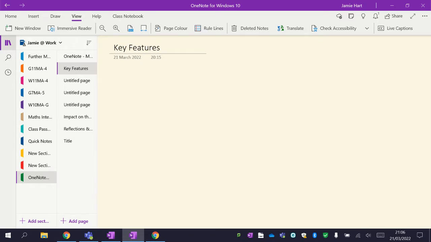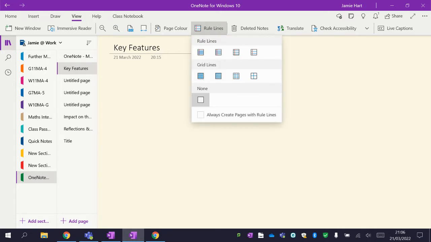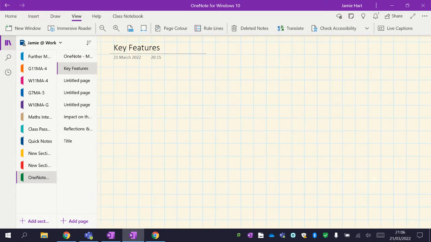So this is found underneath the View tab. At the very top, you've got page color. Equally, next to that, if you click on Rule Lines, you have the option of adding in squared paper as a background. And I found this is really helpful in terms of my modelling and also holding students to account